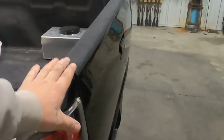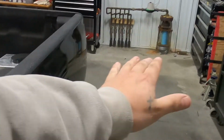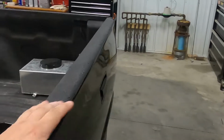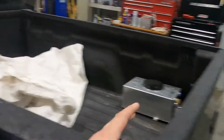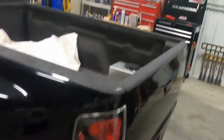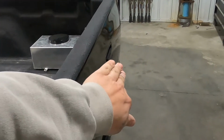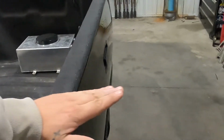And I would have enough left over to do a small wing. I could do a full wing with the amount that I have left over, but I really don't want that look, man. This isn't supposed to be a race truck, really. It's supposed to be a street truck, and I don't mind a little wing, but I don't want to get crazy with it. So if I can come out, you know, like 6 inches, 8 inches maybe, with a slight ramp on the wing